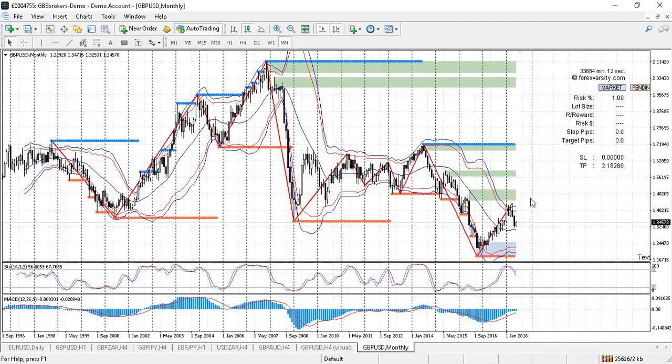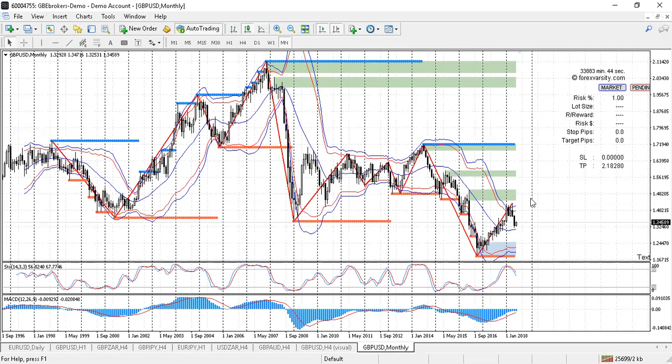Hi guys, I'm going to talk today about the pound US dollar and where I potentially see it going at the moment. It's always a good idea to look at what the higher time frames are doing. So, look, I'll never place a trade on a monthly chart, but I'll use it possibly just to get direction, see where the market's heading, and then I'll go down through the different time frames to get a zoomed in